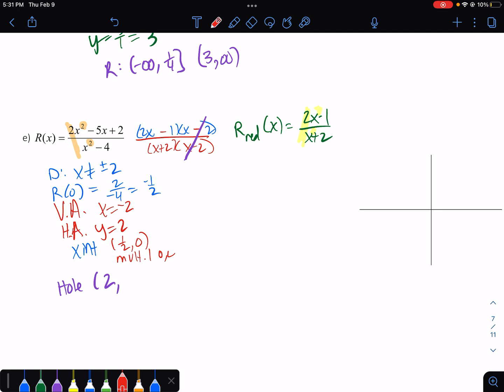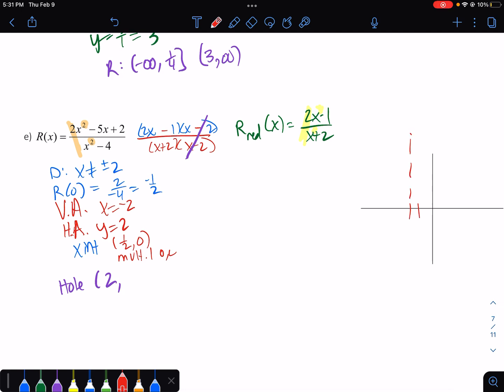So then I'm going to put some of these on my graph. So we have a vertical asymptote at negative 2. That's odd. A horizontal asymptote at 2. And then an x-intercept at 1/2 that crosses. And then we've got a hole. Did I miss anything? Domain, vertical asymptote, x-intercept, y-intercept, horizontal asymptote. Oh, okay, so for the hole, to find the y value of the hole,